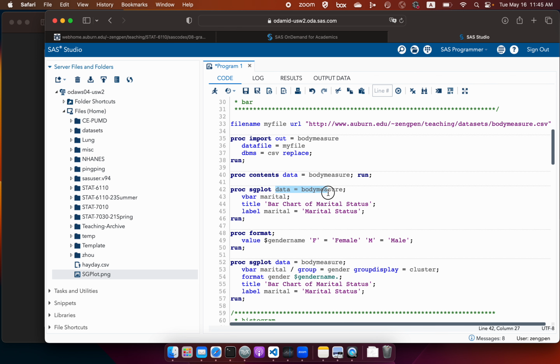Here I just use the title statement and the label statement. The title statement just adds the title to that plot. And the label statement is for marital, right? Instead of the name of the variable, we want to show some meaningful text. We just want to show marital status. So if you run this one,